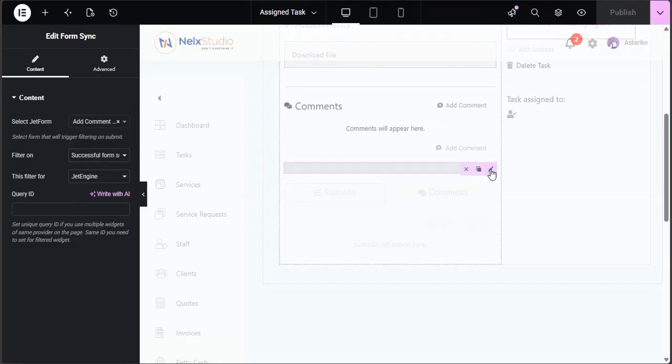This is what we are using here. Download and install it as a plugin on your site. Then you will get this widget. So what you want to do is drop in this form sync widget into the page, then select the form. So for me, it's add comment. This one here, the form that is inside this